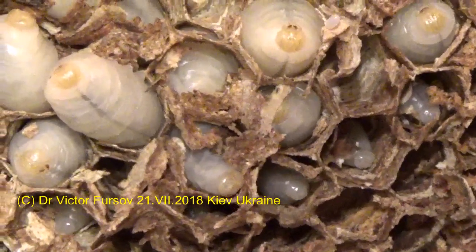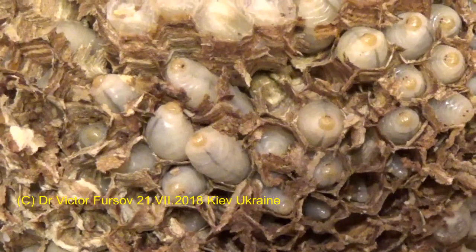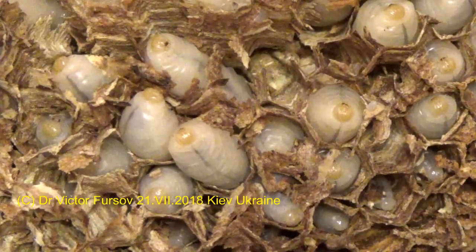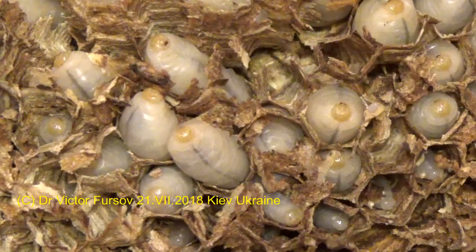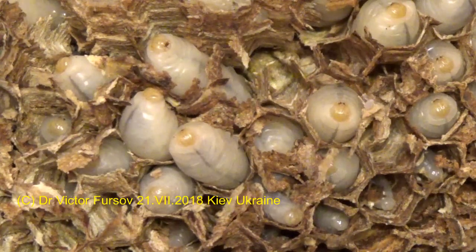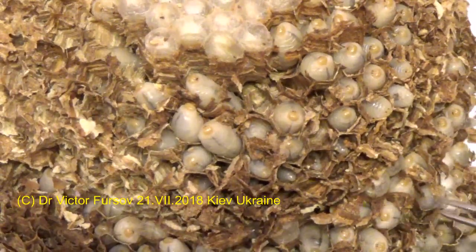So you see some larvae are bigger, some smaller. Unfortunately, because it fell down, some cells were destroyed. But not all, and that's very good. So it's good enough to show you and to show some of my friends and students how it looks like. And I can make a smaller magnification, like here,